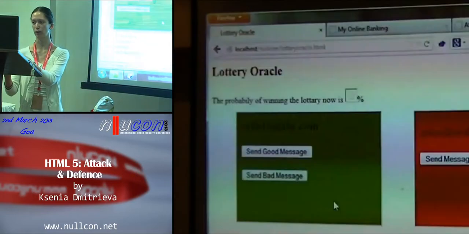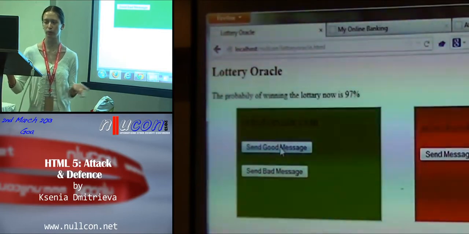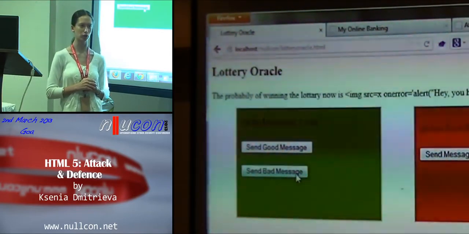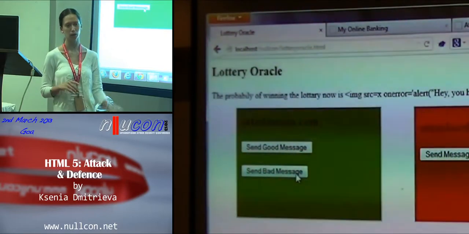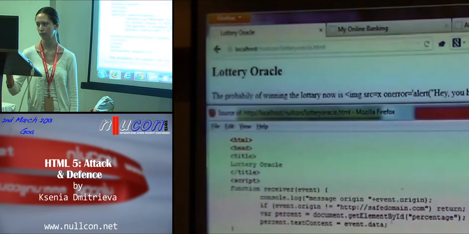So let's try that. We update. We send a good message, it works, we didn't break our code. And then if we send a bad message, it gets embedded just as text. And if we look at the source,